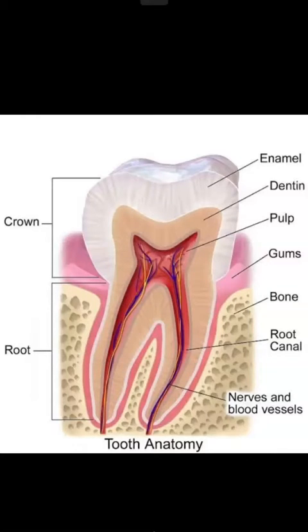In this picture there is a yellow color. This yellow color is the nerve. So nerves are also present in the root canal, and blood vessels are also present in the pulp. Pulp is the only living tissue in our tooth, and the others, enamel and dentin, are non-living tissue. Nociceptors, that is, pain receptors, are also present in the pulp. So any irritation to the pulp will result in pain.